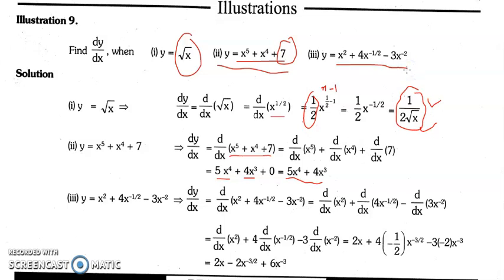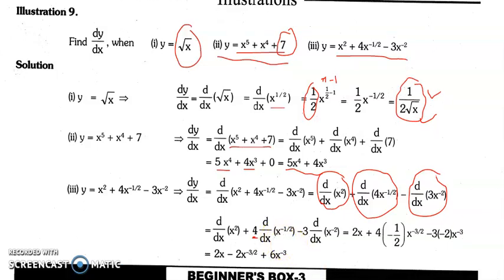Again we'll apply the same formula. It will be the sum of dy by dx of x square plus dy by dx of this thing plus dy by dx of this thing. Now we can see a major difference between question number two and question number three. We have a constant multiplied by this term, that is we have 4 multiplied by this function. So whenever we try to differentiate this, 4 would come out of the derivative and we'll take the derivative of this thing. Okay, मतलब 4 derivative से बाहर आ जाएगा और हम इस चीज को differentiate कर देंगे.